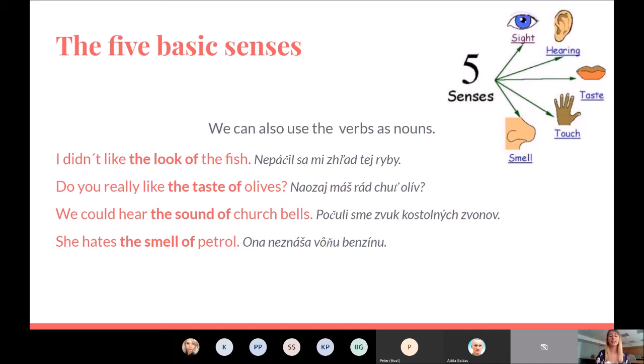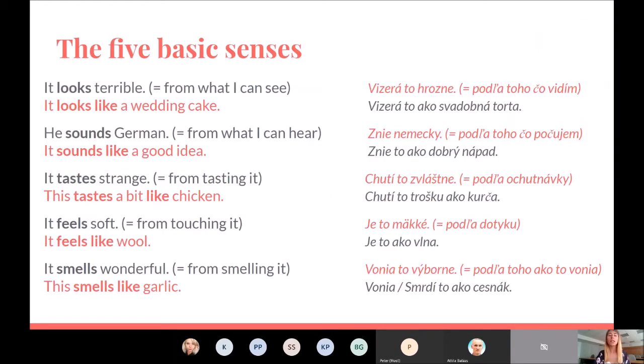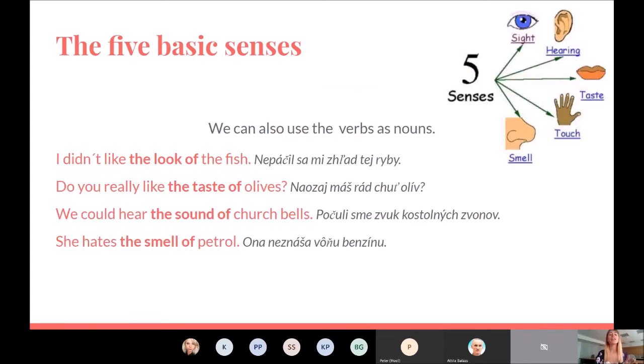Let's look at the second sentence. Do you really like the taste of olives? Or I like the taste of chocolate. So it's not it tastes nice, that's a verb, but when I say I like the taste of olives, that's a